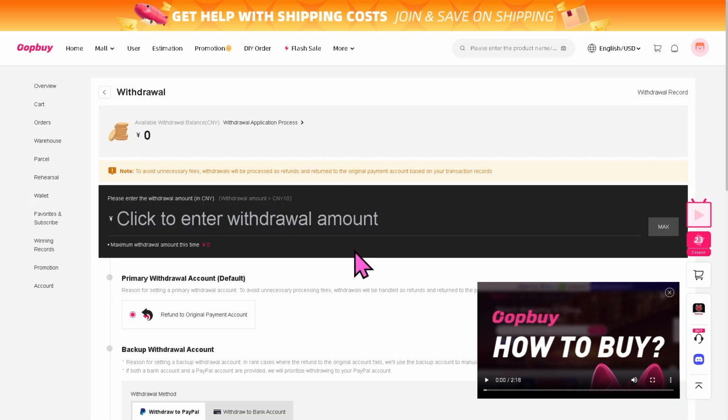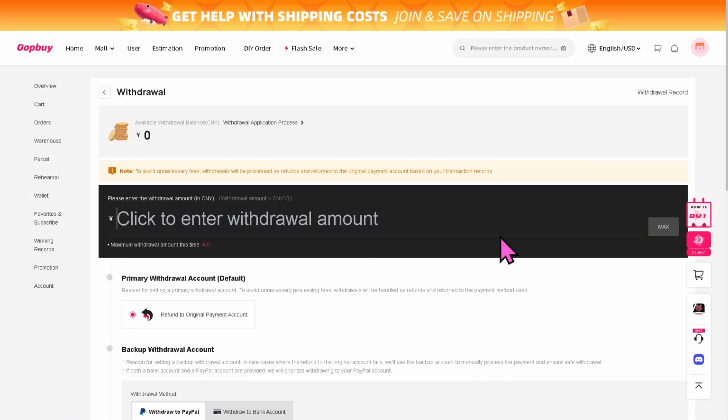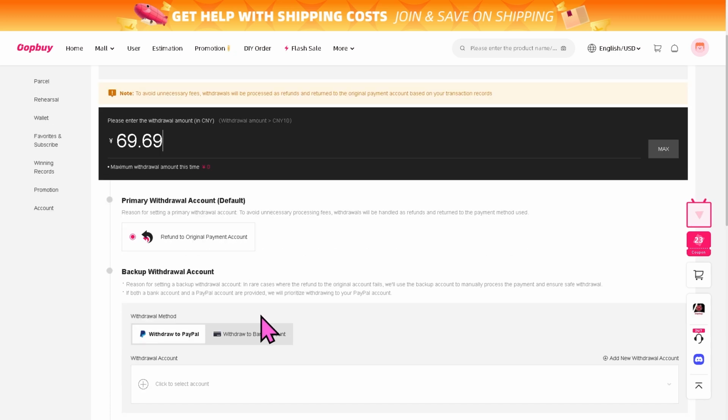You want to make sure you have enough funds. Now, first off is enter your withdrawal amount. For example, this amount, and then you need to choose if you're going to refund to original payment account as well. All right, and then of course, if you have chosen a backup withdrawal account, for example, I'm gonna be choosing